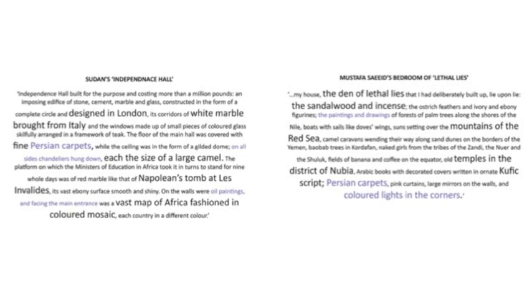And one of them is obviously Mustafa's bedroom of lethal liars, which he says, my house, the den of lethal lies that I had deliberately built up, lie upon lie, the sandalwood and incense, the ostrich feathers, the ivory and ebony figurines, the paintings and drawings of forests of palm trees along the shores of the Nile, boats with sails like doves' wings, suns setting over the mountain of the Red Sea, camel caravans wending their way along sand dunes on the borders of the Yemen, baobab trees in Kordofan, naked girls from the tribes of the Zandi,